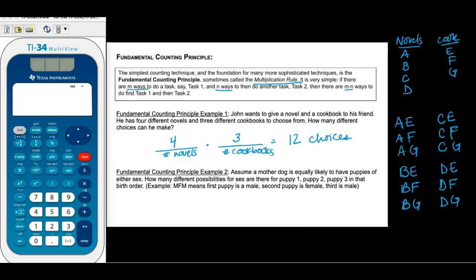So let's look at another example. Assume a mother dog is equally likely to have puppies of either sex. How many different possibilities for sex are there for puppy 1, 2, 3 in that birth order? Example, MFM means first puppy is male, second puppy is female, third is male. And so we consider all of the different